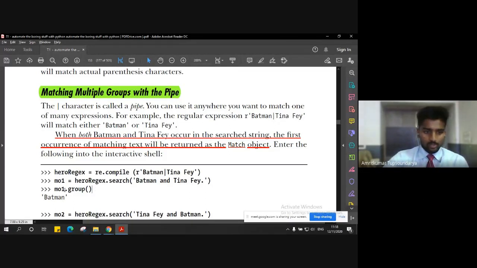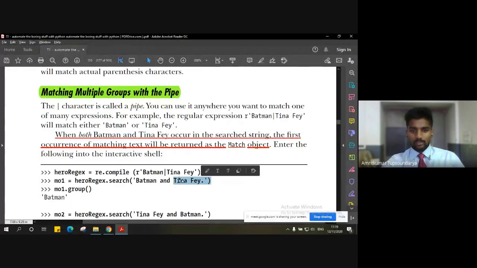Because it can store only one match object. So whatever the first matched object it encounters, it will store into that variable mo, or mo1 in this case. Since Batman is the first regular expression which is matched, it will store only Batman. And when you want to print it, it will only print Batman, though it has Tina Fey in the main text also as a matched regular expression, right?